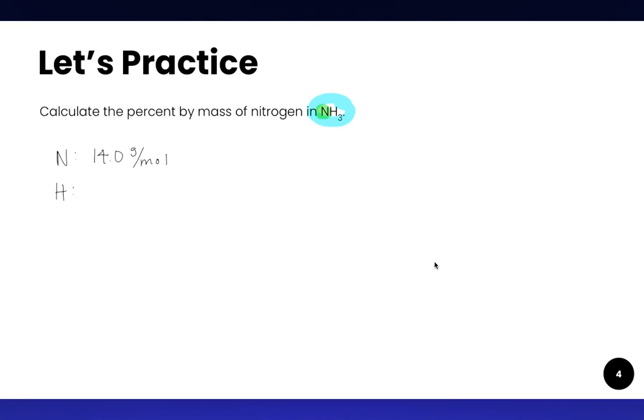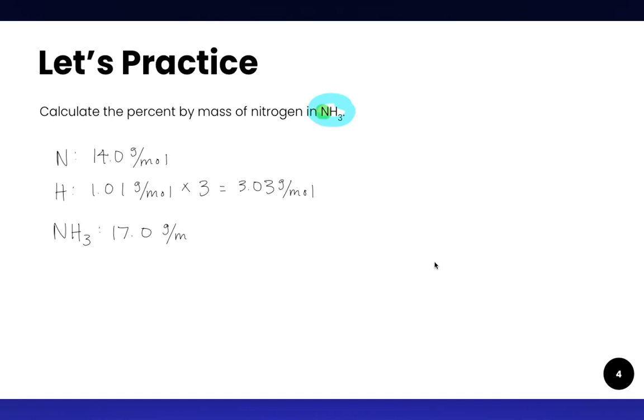Hydrogen has a mass of 1.01 grams per mole. There are 3 hydrogens in this molecule. So when I add these together, the mass of NH3 is 17.0, and I have the right number of significant figures,